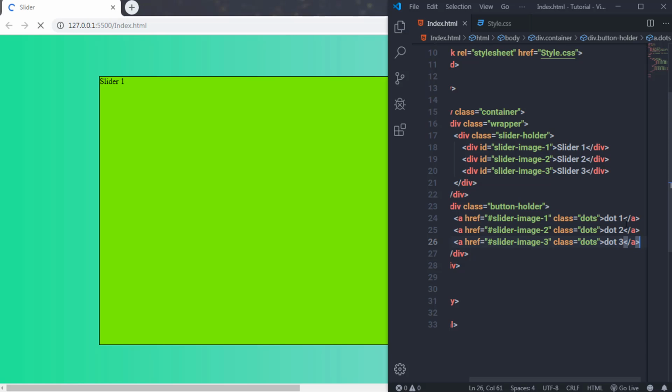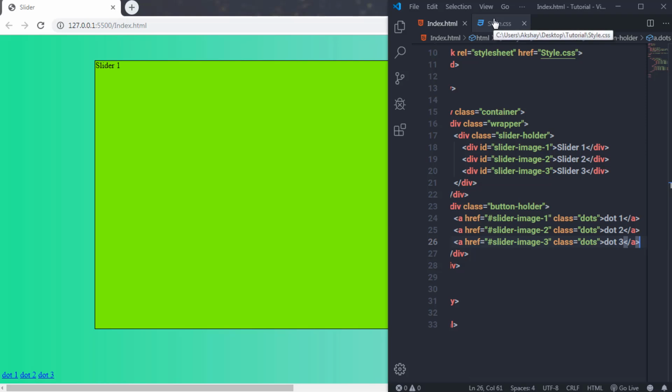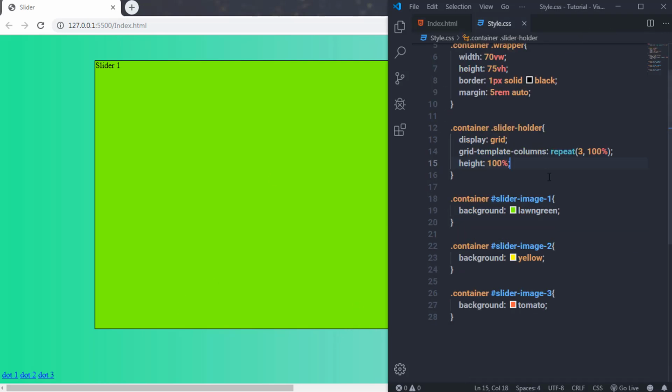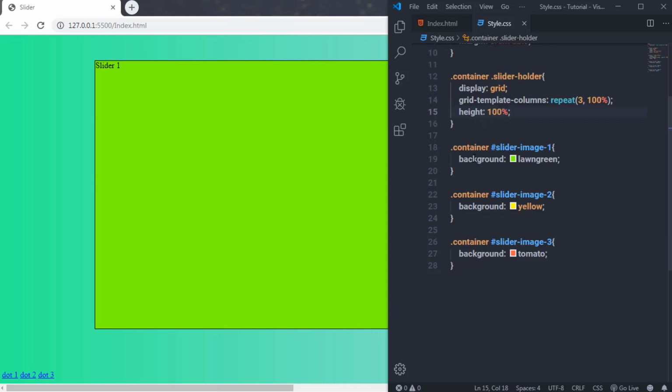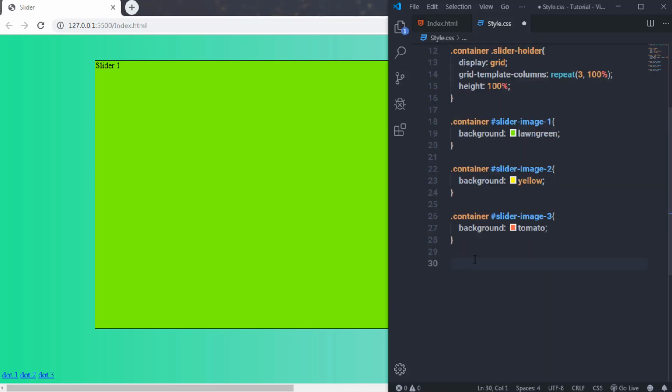Save the changes, and you can see you have these dots right here. What I want is to specify this dot at the bottom of this wrapper. So I'm going to open the style.css file, and right here I'm going to select the button holder class and put this dot at the center of this wrapper. So I'm going to select container and select button holder class, and to this holder